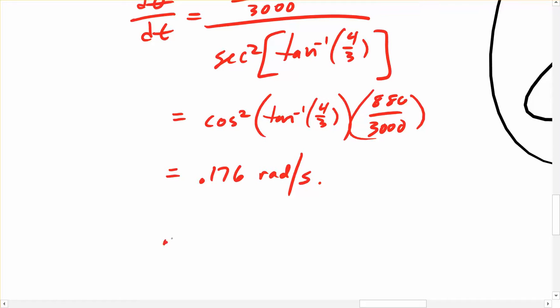How would you convert that to degrees if you had 0.176? What do you multiply by? Pi over 180. Close, 180 over pi. It goes bigger. So if you do 0.176 times 180 over pi, someone do that for me and tell me what it is, just so we have another answer. 43.54? We got 10.08. I think it's smaller than that. 10 point what? Degrees per second? Yeah, I think that's right. Let's see what the